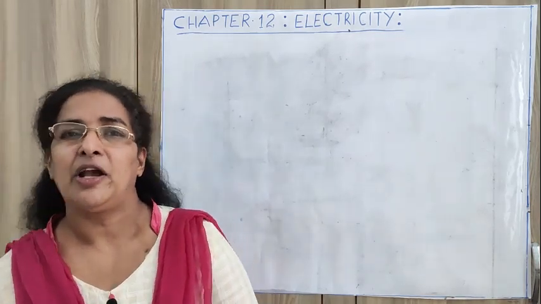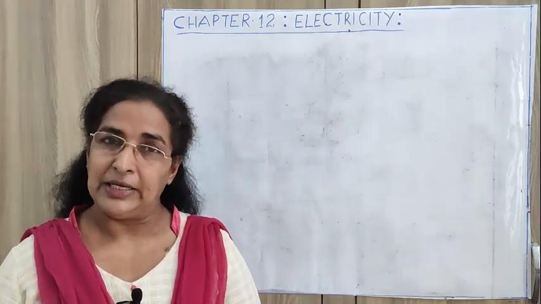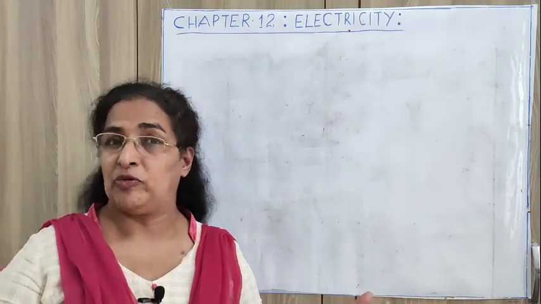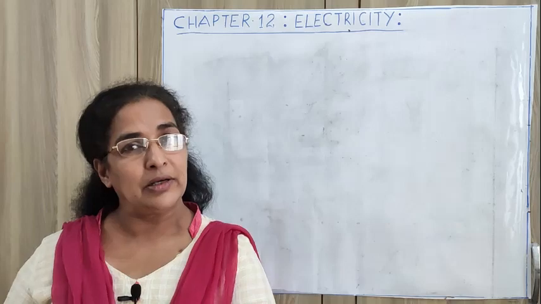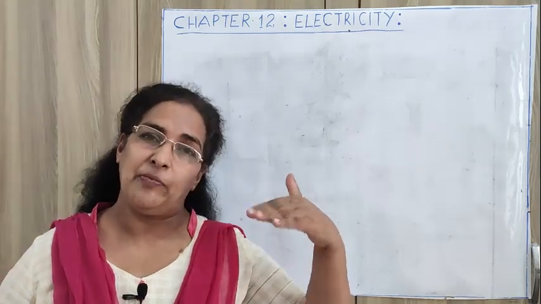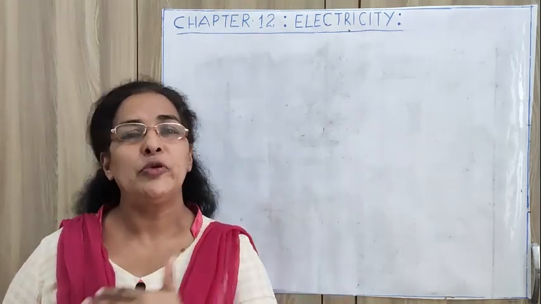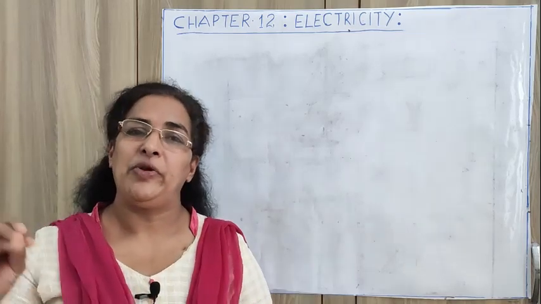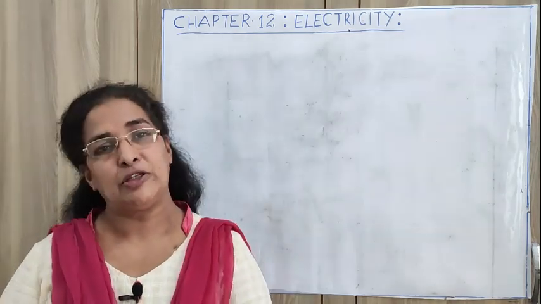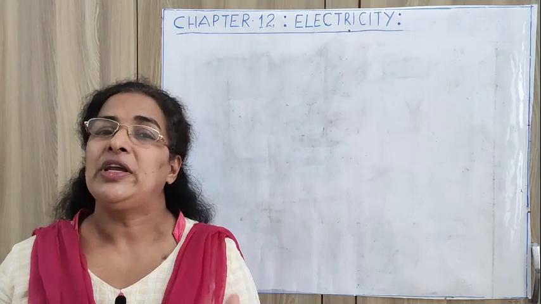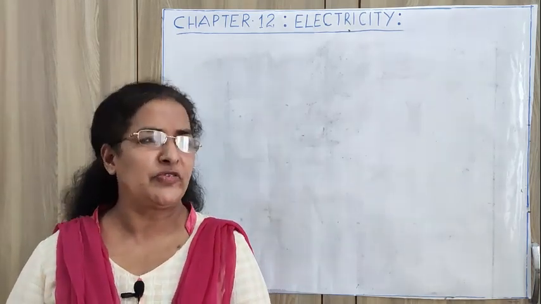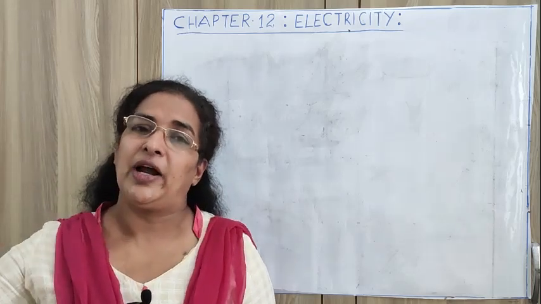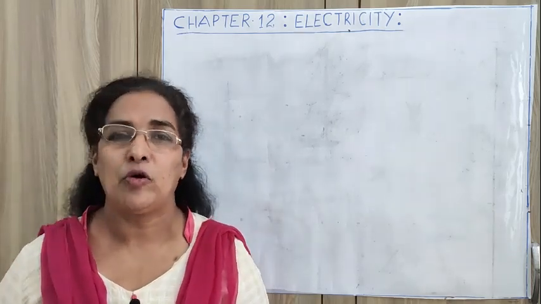Where is that heat energy coming from? Energy is transformable. We can transform one form of energy into another. Energy can be transformed from one form to another. So the electrical energy can be transformed into other forms of energy also. So we are learning the heating effect. That's the main one we have to learn.